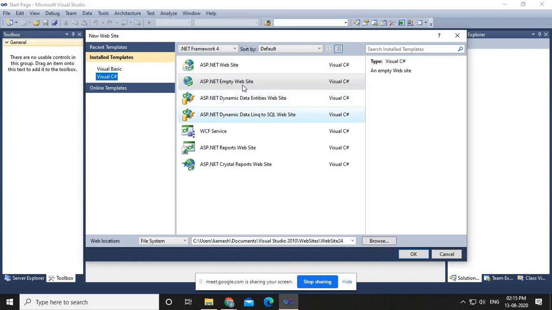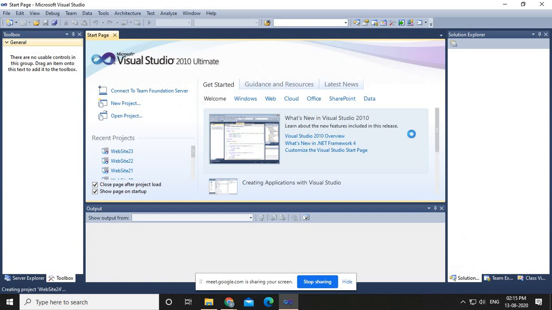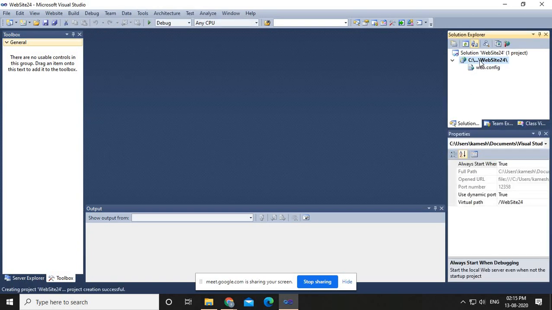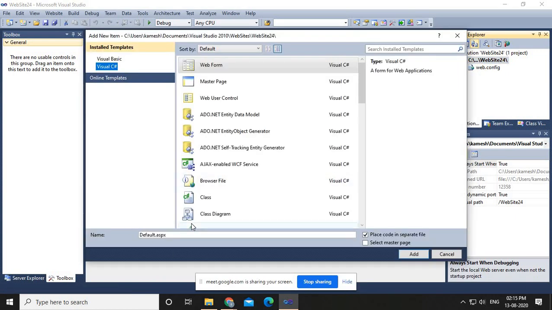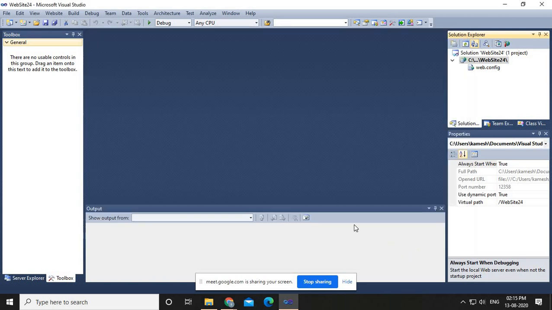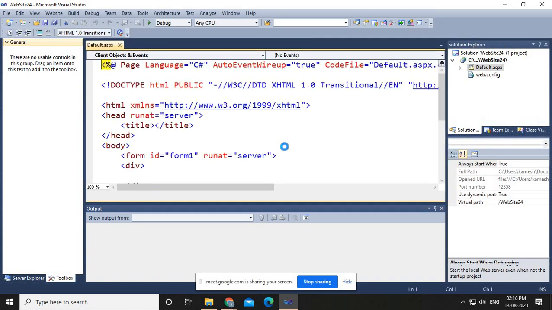This will be an empty website, and in it I am adding a page. This is the main page of the website, so I'm saving it as default.aspx. Now in this website I just want to show the name of the user, right?